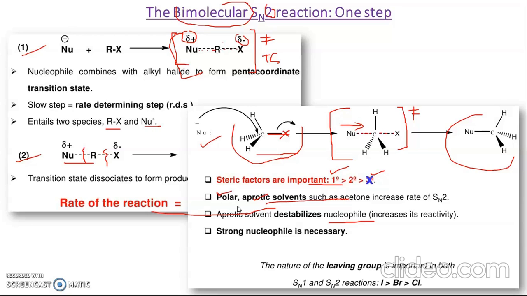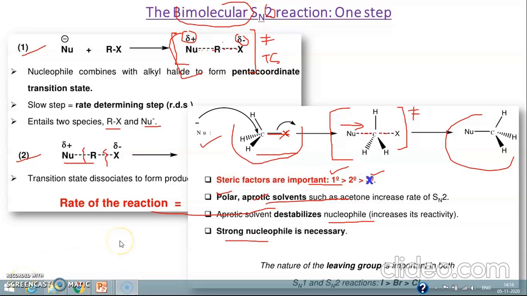And the third point is that a strong nucleophile is necessary. A strong nucleophile is necessary because the concentration term is involved in the rate expression. So now it matters, unlike SN1, whether you have taken a good nucleophile or a bad nucleophile. You always have to take a good nucleophile in the case of SN2, because its concentration term is involved in the rate